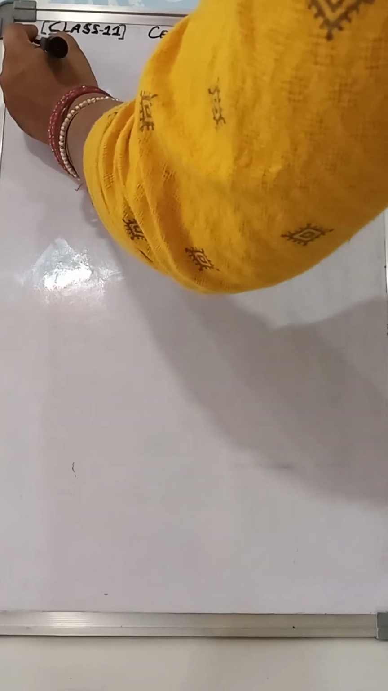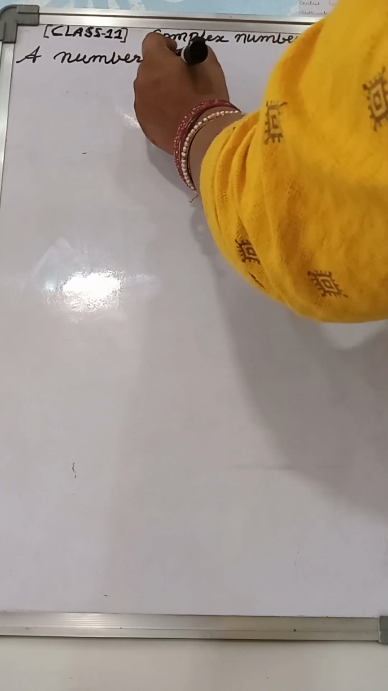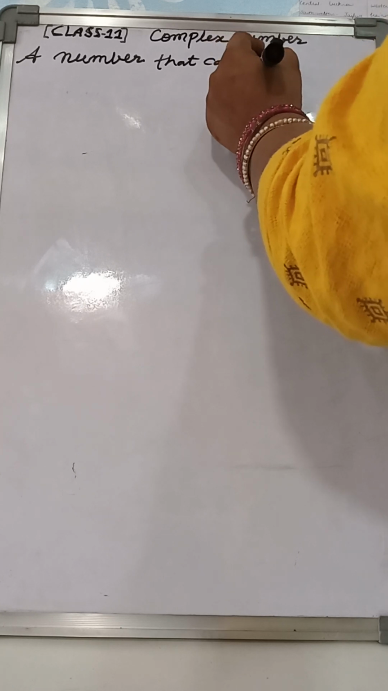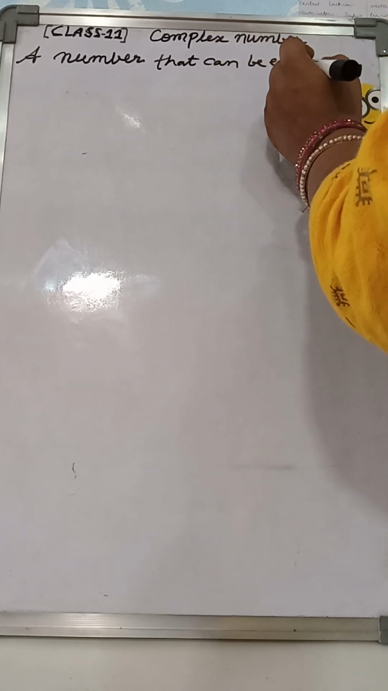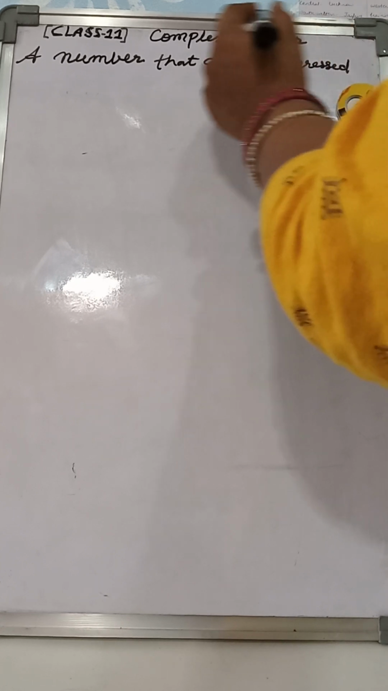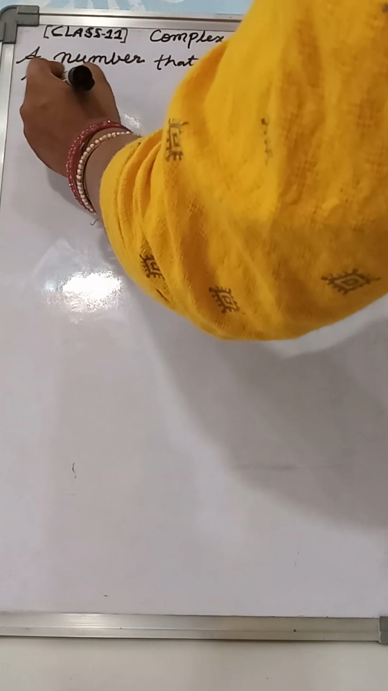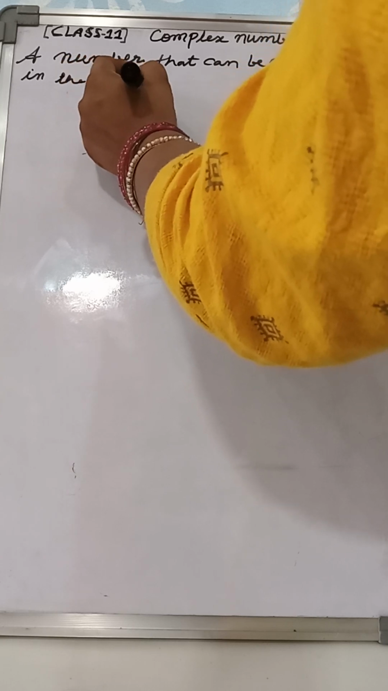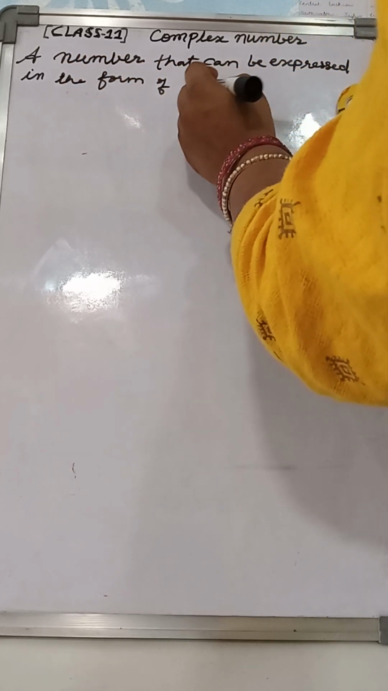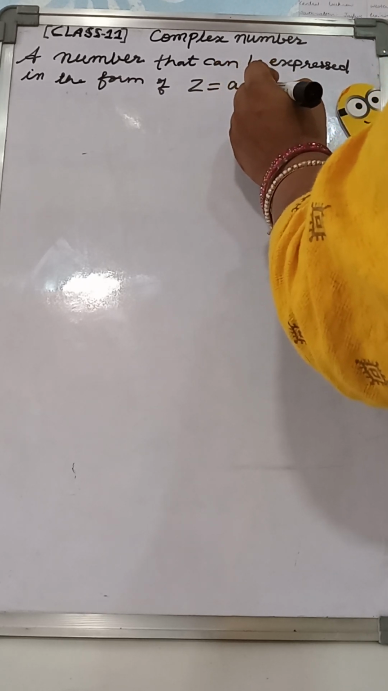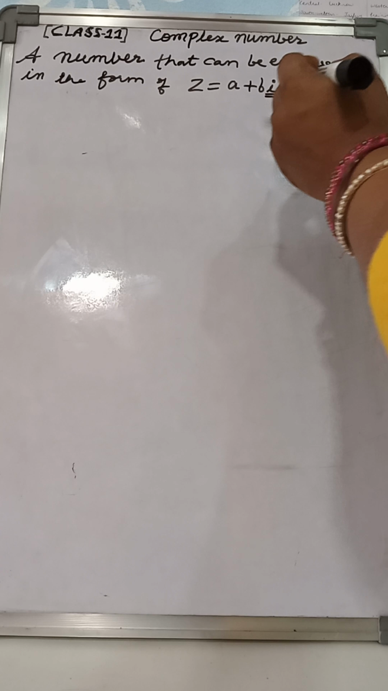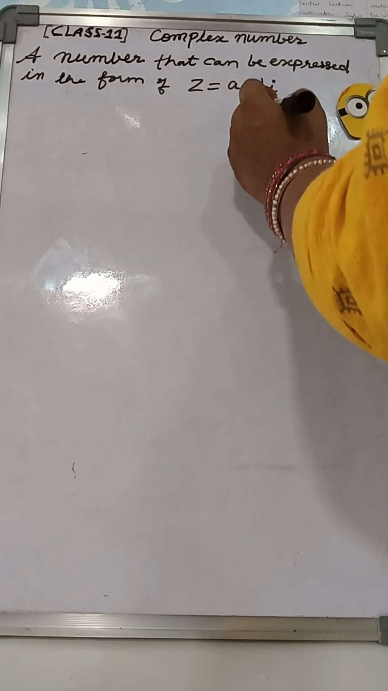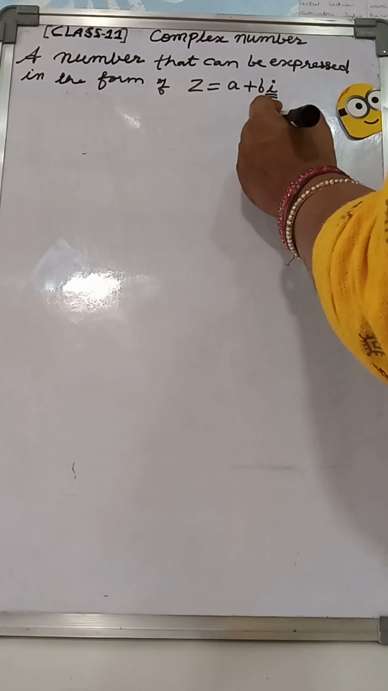Complex number. What is complex number? A number that can be expressed in the form of z equal to a plus b i. What is this i? i is denoted by iota,